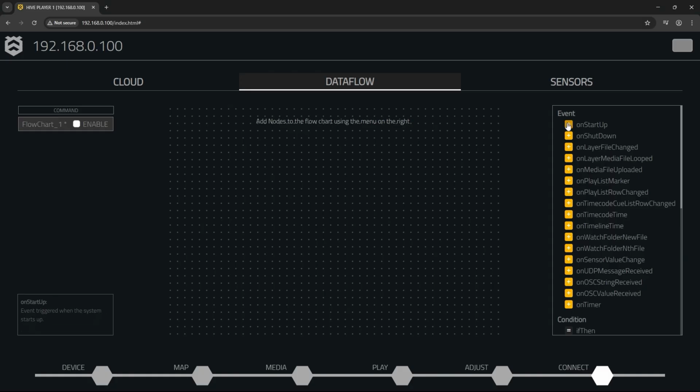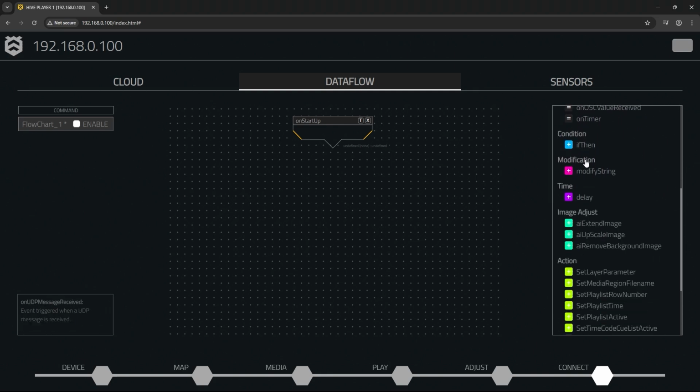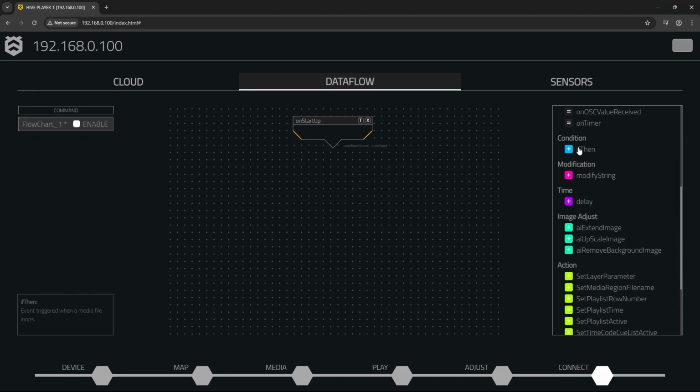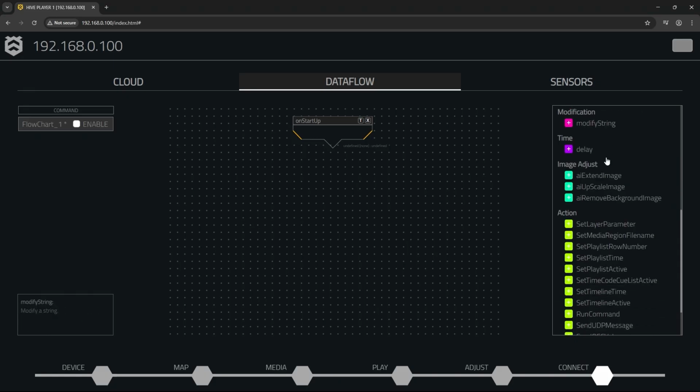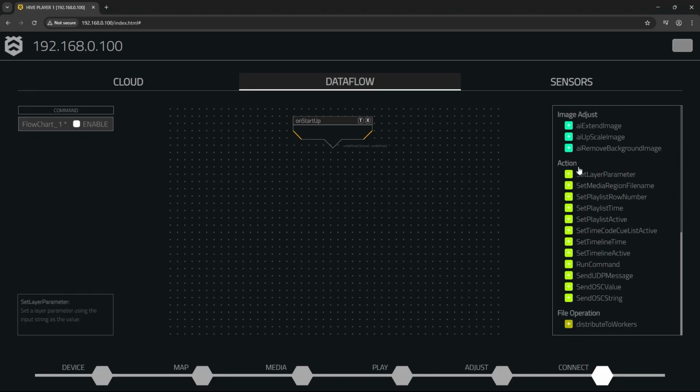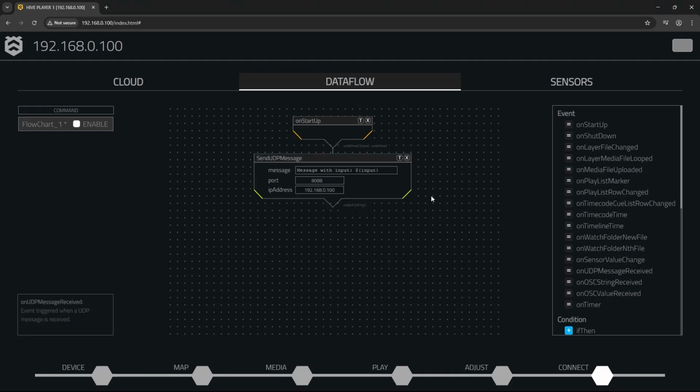So here I'm going to add the on startup event. This is fired every time the system boots up and starts running. I can then add conditions if I needed them. In this case, I don't. And down at the bottom, I can go down to actions. In this case, I'm going to go to send UDP message. And I can decide what the message is. I'm going to send a message of projector on. I'm going to send it to